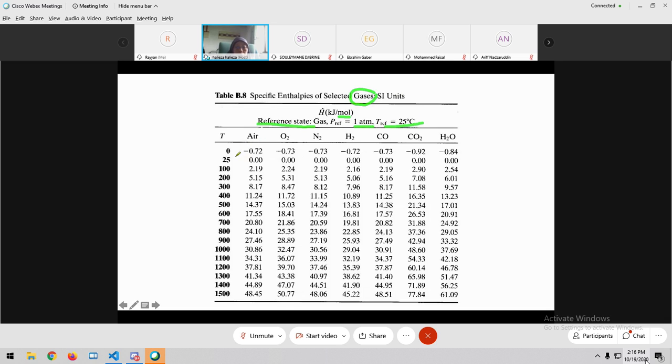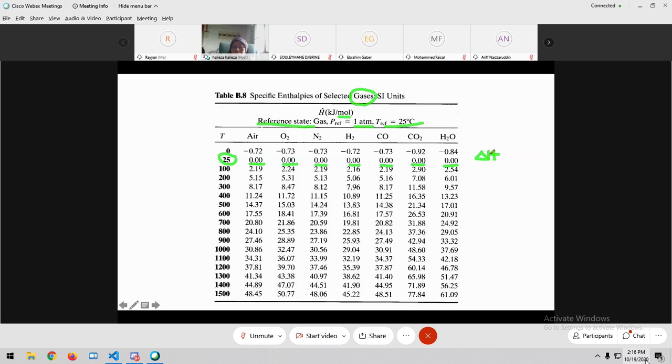Why 25? Because at 25 degrees C, the enthalpy of these gases are all zero. That's the reference state. That means if you calculate your delta H,